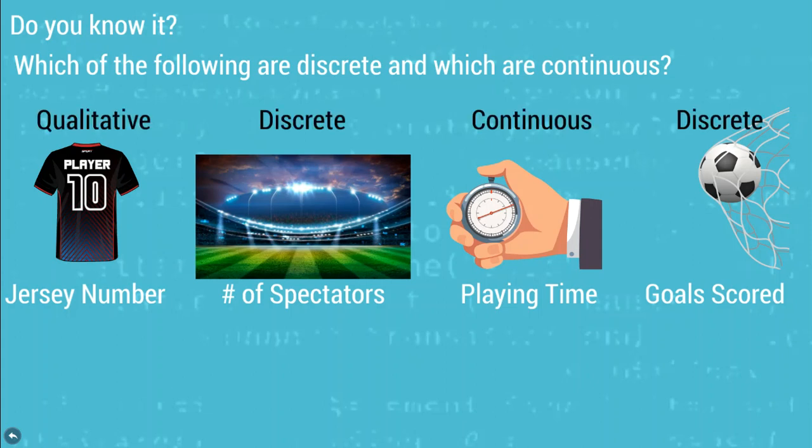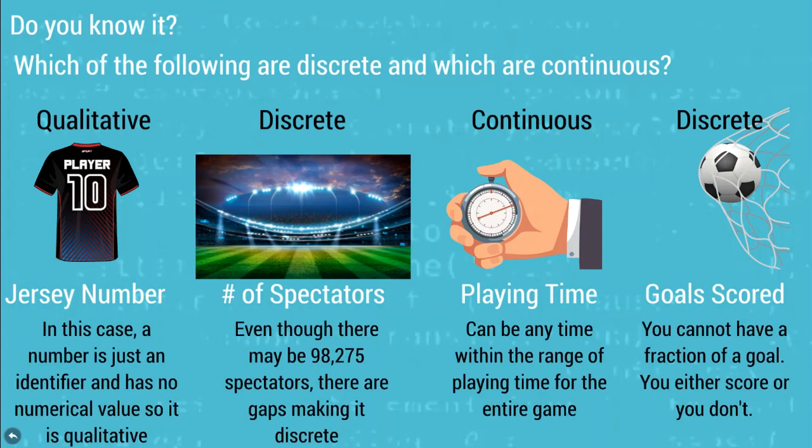Well, the answers are, the first one is qualitative, actually. Even though it is a number, it's just an identifier, and it actually has no numerical value. It's the same as a name. It's a quality of that player. So it is qualitative. Next, the number of spectators. Even though there might be over 100,000 individuals in the stands, there can only be a whole number of individuals in the stands. So therefore